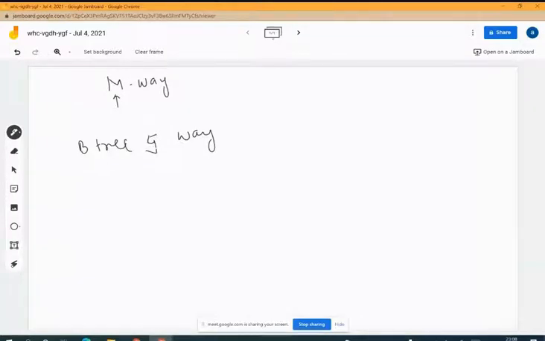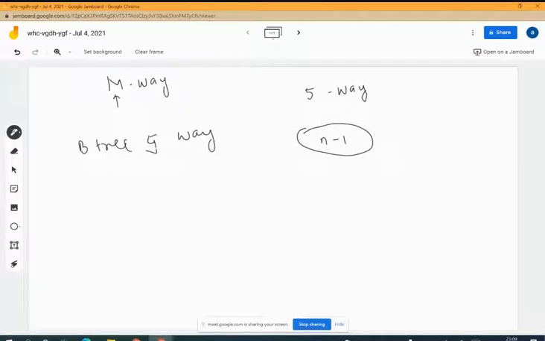So on. Fine. Now, as I told you last time, we should form a tree from a given condition. So what happens whenever a tree is given? Let us say it is an m-way tree, then every node can have a maximum of n minus 1 values.